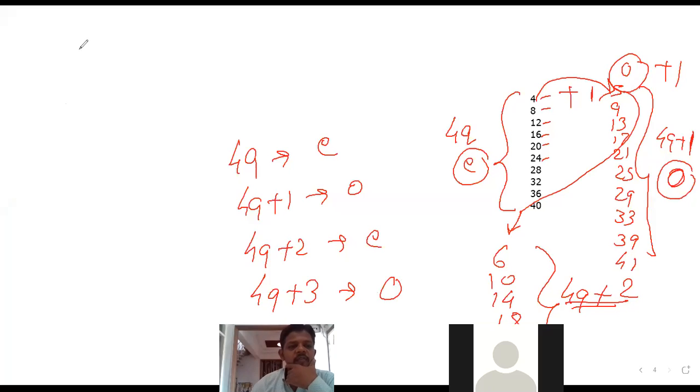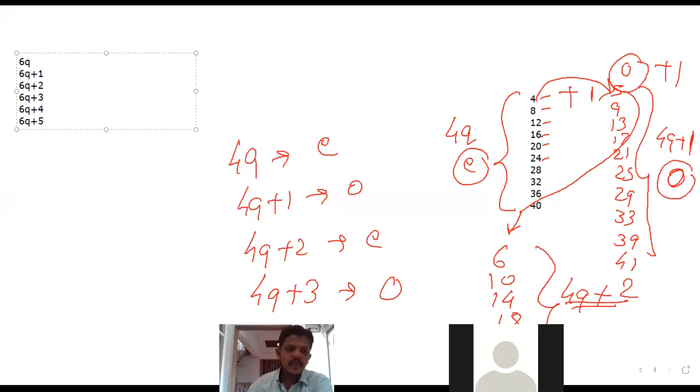Yes, sir. Now you similarly tell me what could be the case of 6q. Last question. If you are dividing by 6, how many cases will you get? 6. Which are the 6 cases? 0, 1, 2, 3, 4, and 5. And how will you write those cases? a is equal to 6q plus 0, 6q plus 1, 6q plus 2, 6q plus 3, 6q plus 4, and 6q plus 5.